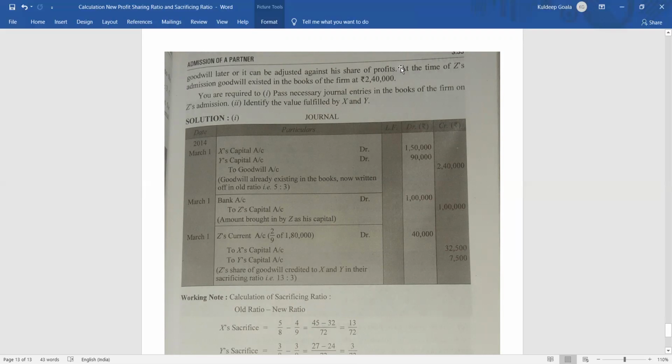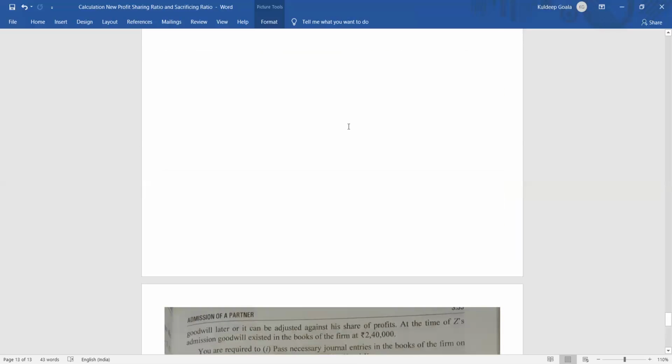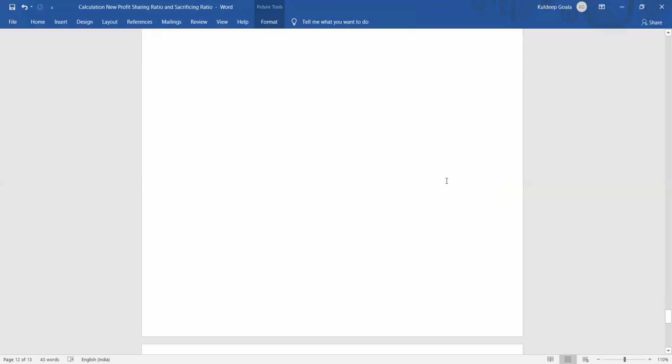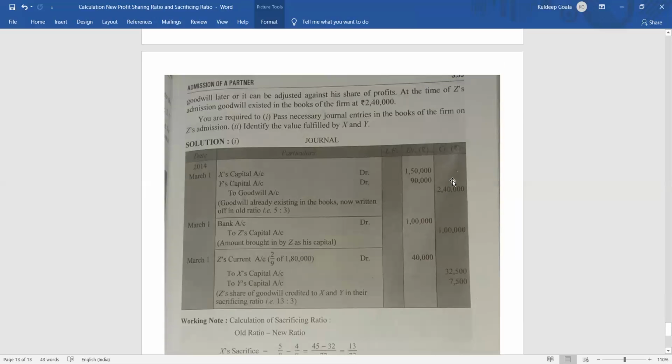This is what I told you in the first class also. Preparation or creation of a current account means what? Where you are deciding that now you will keep this money as a loss for Jed, and later on that will be recovered from the debit side of his current account. Okay, who will recover? The sacrificing partner.